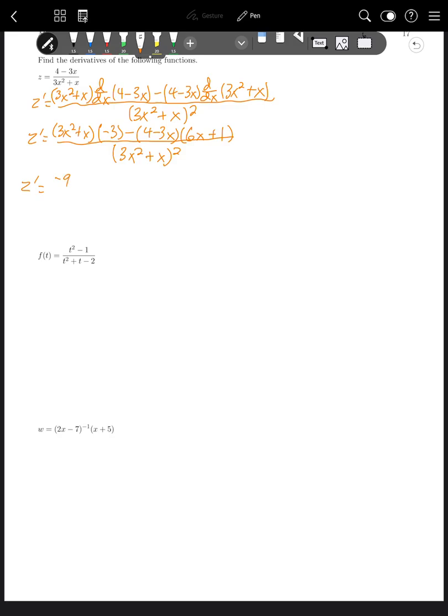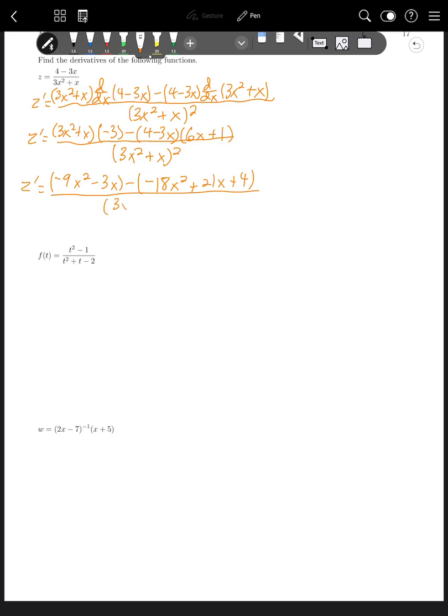So this would be negative 9x squared minus 3x minus negative 18x squared plus 21x plus 4